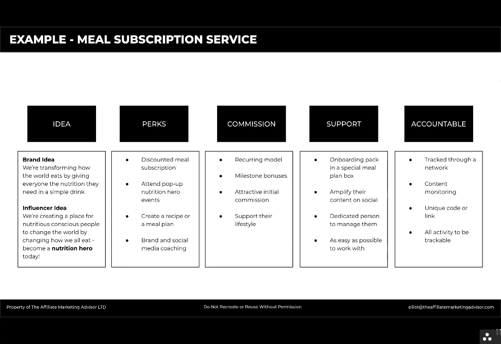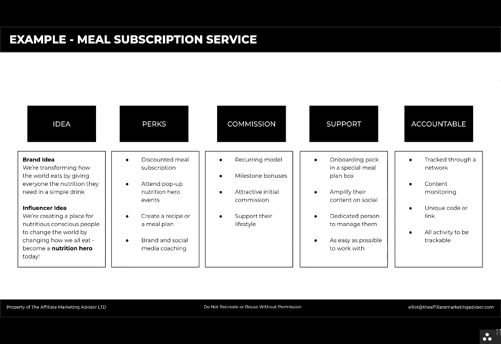This then ties into some of the personal interests, because influencers that already have an interest in helping people improve their nutrition, or are conscious around maybe how eating habits affect the environment, will immediately have something to resonate and buy into with the brand. Again, this removes the idea of prepayment and divorces the demands of money. What you want to do with the idea is tap into the personal interests and motivations of the influencer. Then they'll be more willing to work on a paid on results basis.